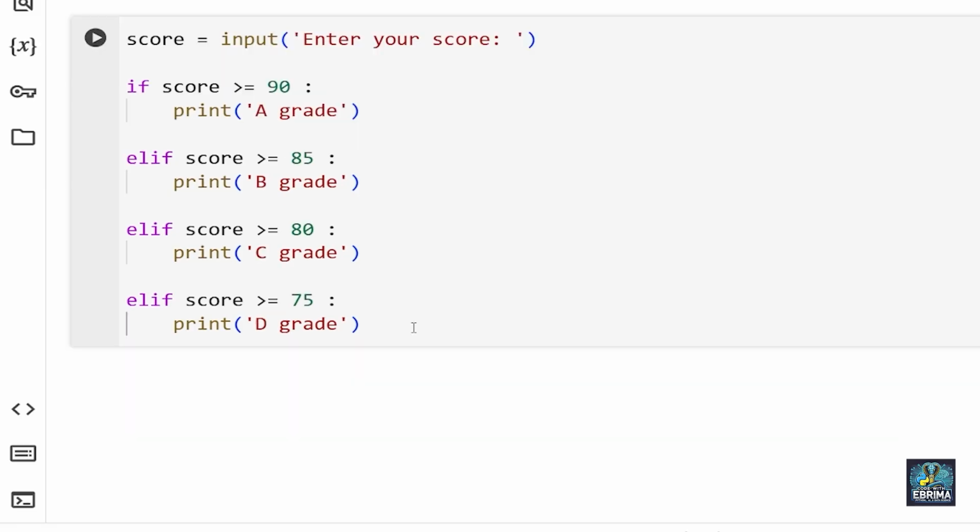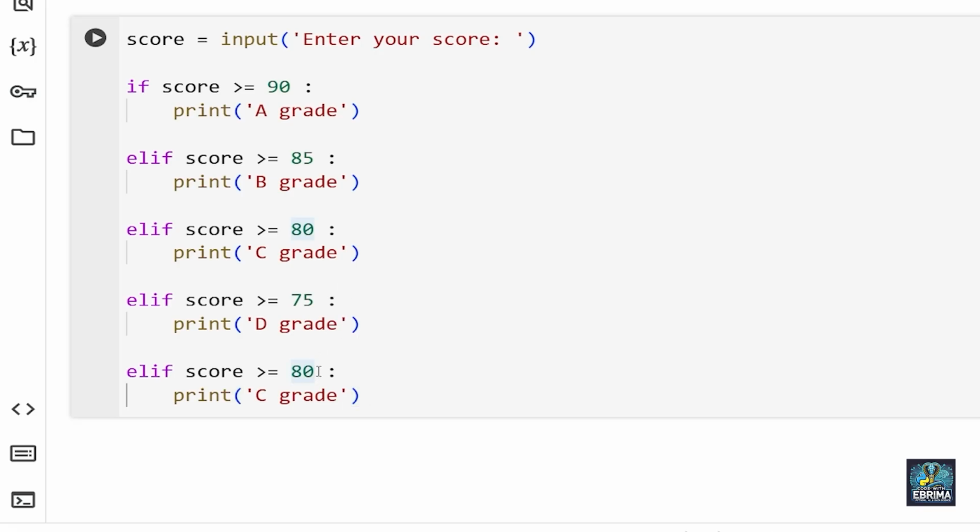Okay, so the next thing that we are going to check is if the score is 70 or above, but less than 75, and this is going to be an E grade. So now I'm going to come down here and paste that, but remember this is going to be 70, and now I'm going to put here E grade. Let me repeat. We are going to check if the score is 70 or above but less than 75. So we give the student an E grade.